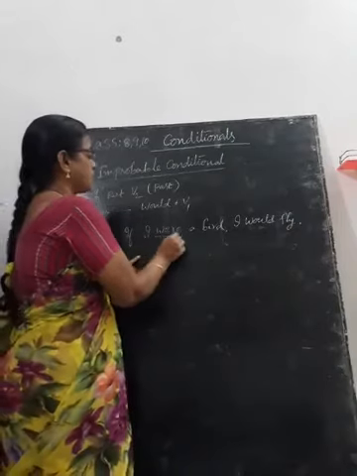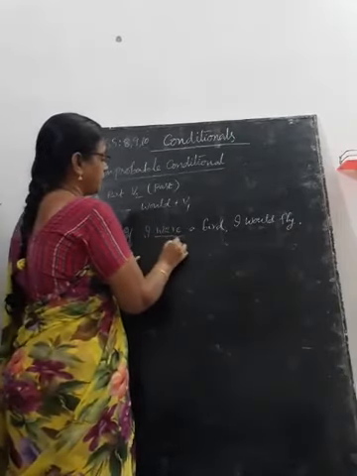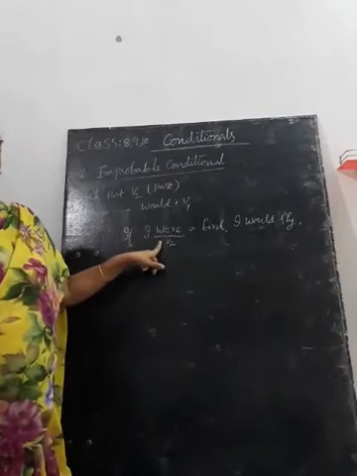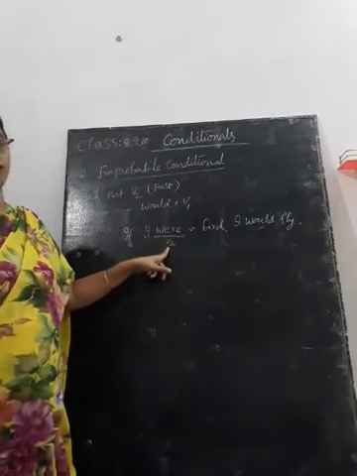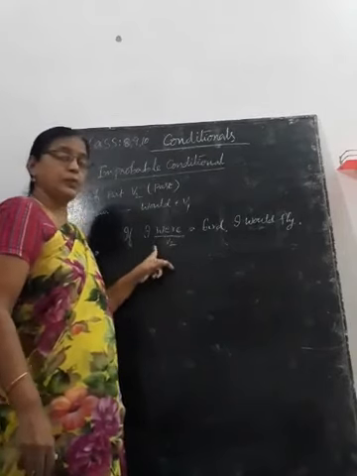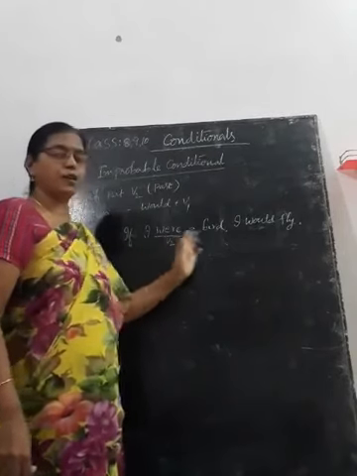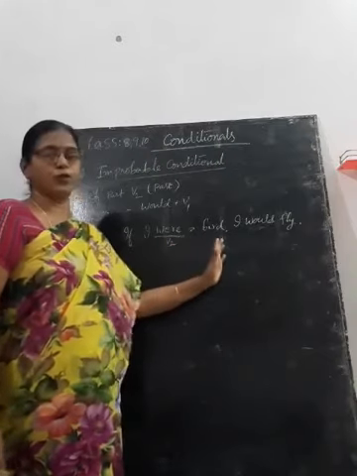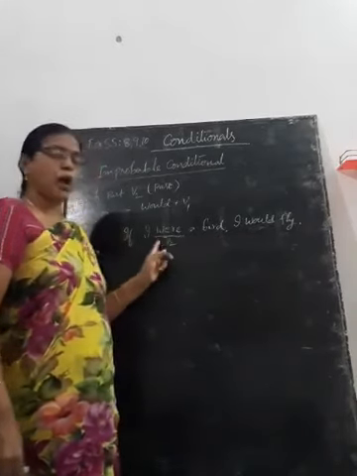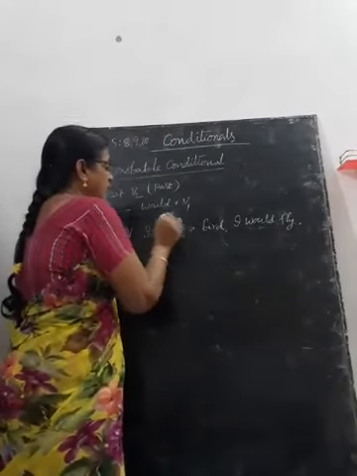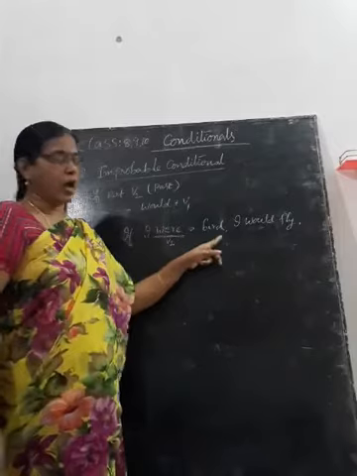See here, past tense, V2 form. In an imaginary situation, we have to use were after the subject, even if the subject is singular. Generally it takes the singular form, but in an imaginary situation: if he were a bird, if she were a bird, if I were a bird, if you were a bird, you would fly. So in that way we have to use the plural form. If I were a bird, I would fly.